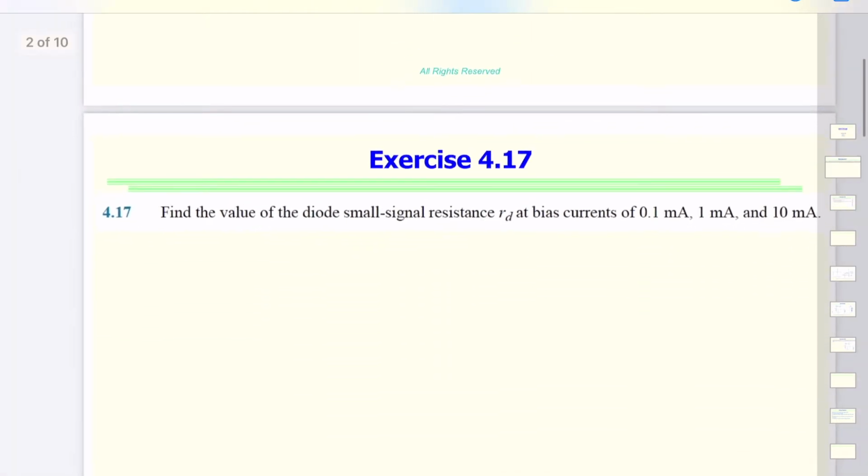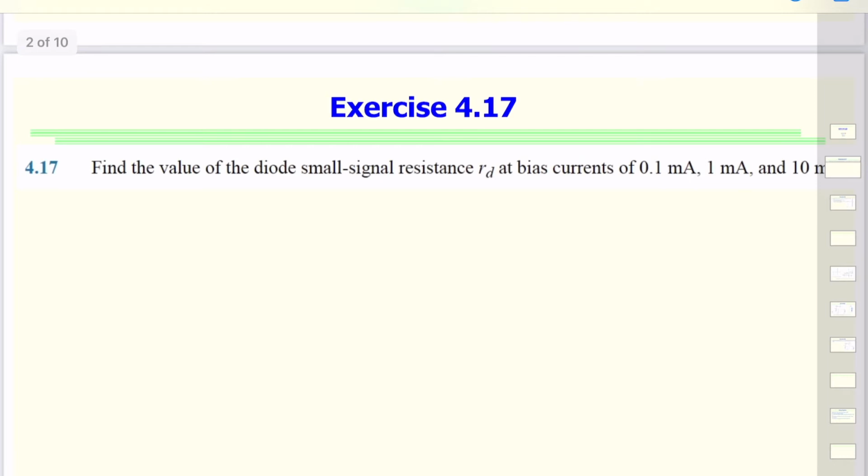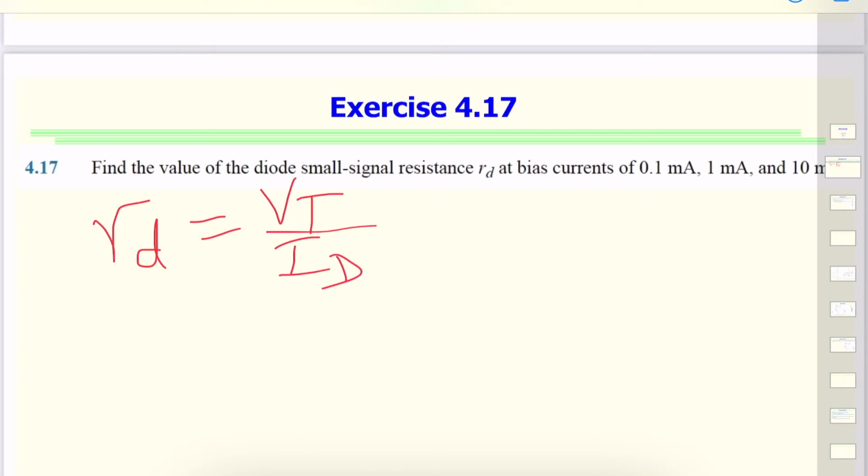So that's exercise 4.17. It says to find the value of the diode small signal resistance at bias currents of 0.1, 1, and 10 milliamp. So just employ the basic relationship, which was that RD is equal to threshold voltage divided by the diode current,